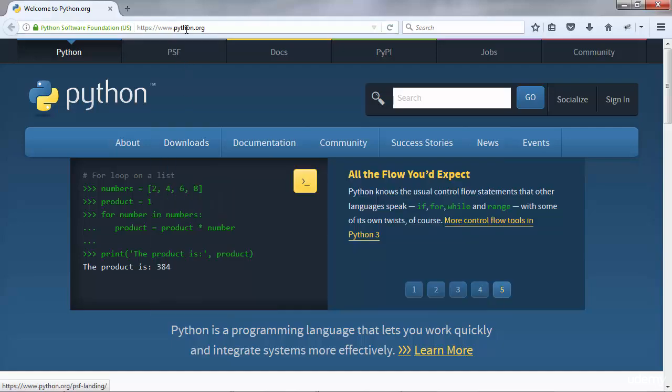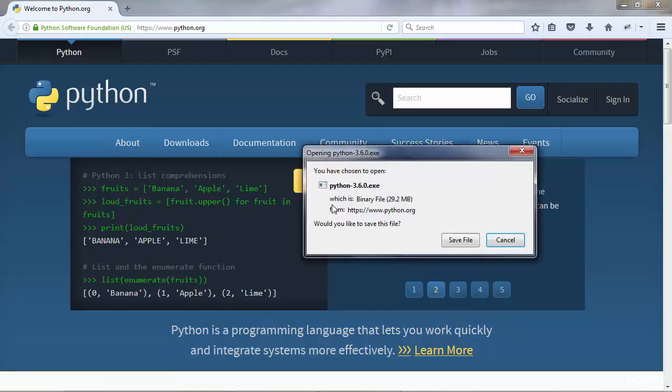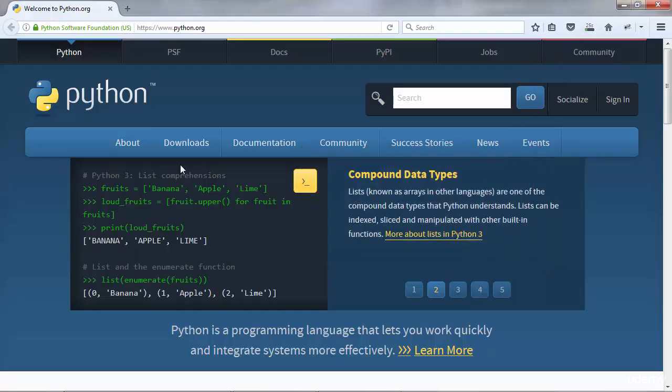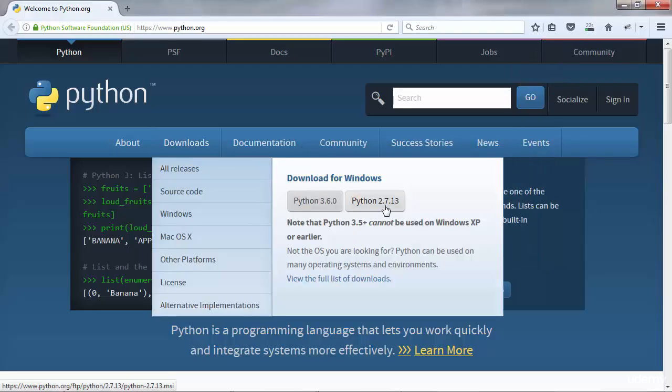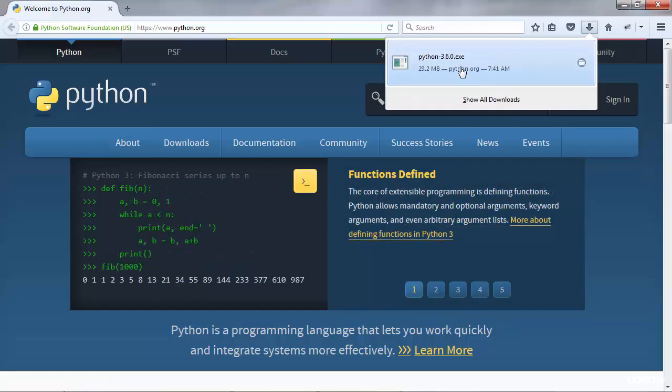You go to python.org, that's the official Python website, and you go to downloads, and here you'll see the latest Python version. Currently this is 3.6.0. Just click that and save the file. You also notice that there's a version Python 2, Python 2.7 to be exact. But Python 2 is not being supported anymore after 2020, so Python 2 is slowly retiring. So it's advisable to use Python 3. This one in here. Once you have downloaded the .exe file, just click it.